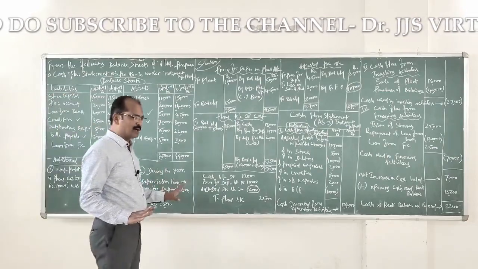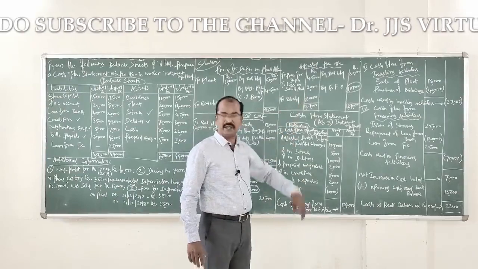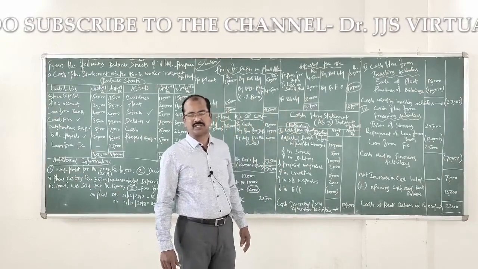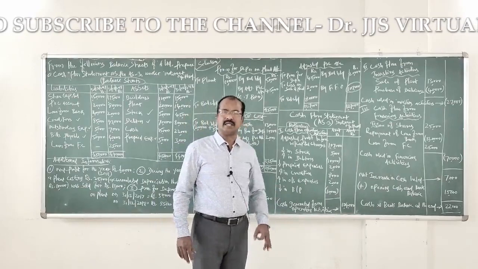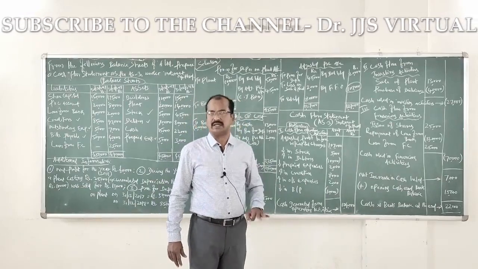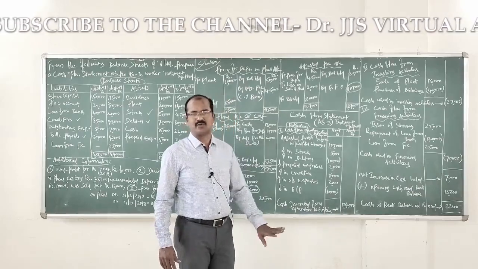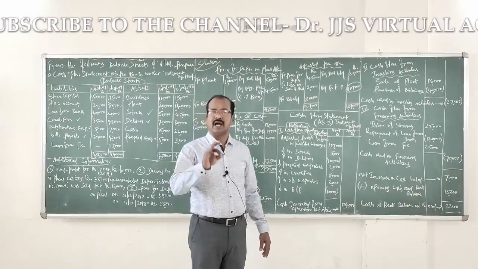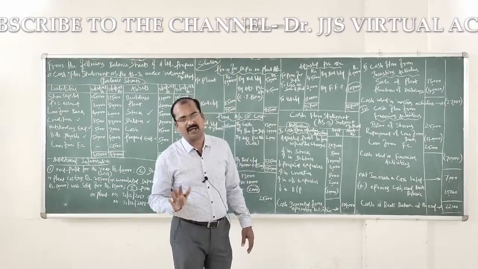Therefore, now we are ready for closing the adjusted profit and loss account. If you close it, you find a balancing figure on the credit side amounting to 1,07,000 rupees, which is nothing but funds from operations. I don't want to call it operating profit because we have done due adjustment for depreciation, which is one of the operating expenses. That's very important. Of course, in this problem, it is only provision for depreciation, but I don't want to name it as operating profit before working capital changes.